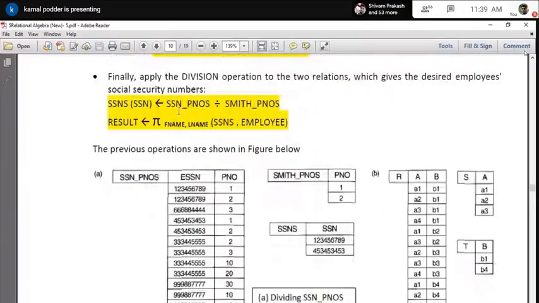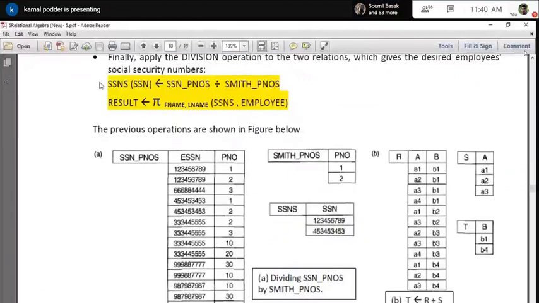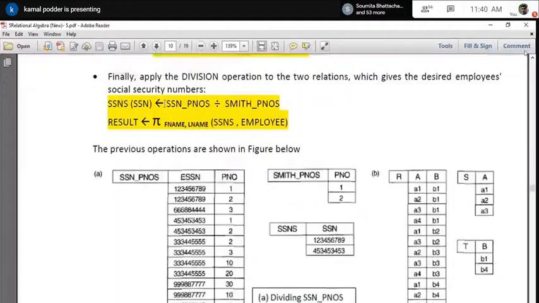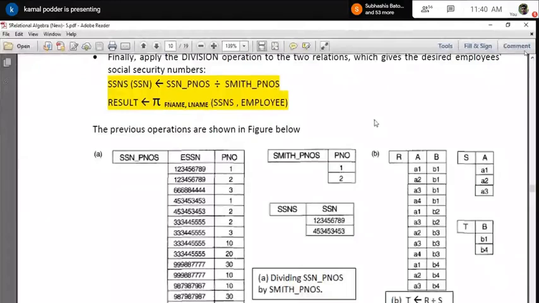If I divide it, then only I will get all the SSN numbers of those who are working in the same project as Smith. After getting that, this SSN set may give only the SSN numbers, but using the employee table and SSN number, both fields, I select the first name and last name, because I need only that first name and last name. So I just do that.